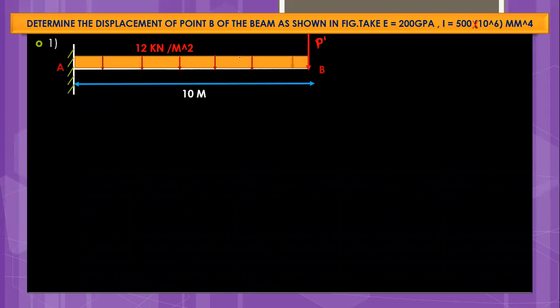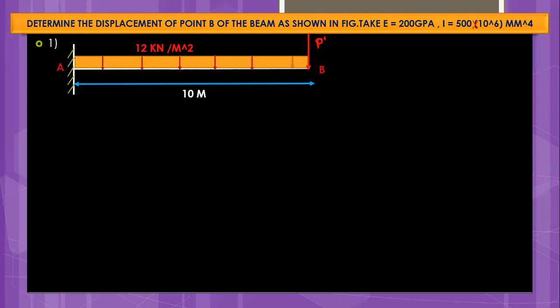Now in Castigliano's theorem, first we have to calculate the support reactions. Then we have to consider the section. Then we have to write the bending moment equation. And from that we have to take a partial derivative with respect to that imaginary force. I will tell you the application of Castigliano's theorem. Firstly, we will do the step-by-step calculation.